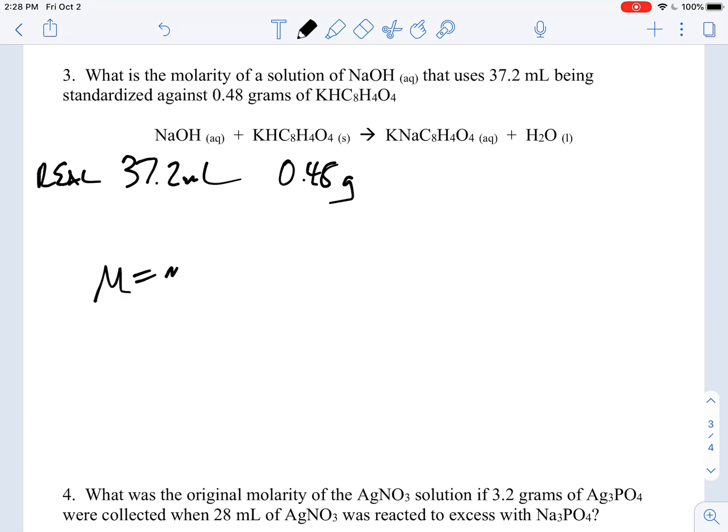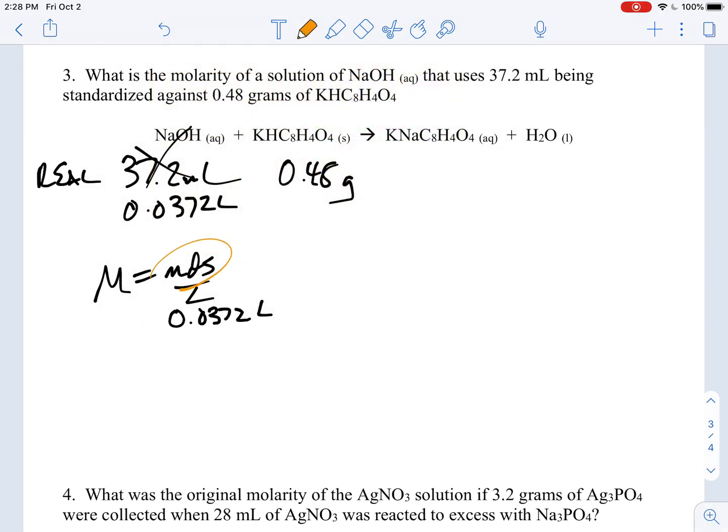Well, remember that the molarity is equal to the moles per the liter. Well, I have one of those things right now. I have the liters because I have the milliliters. So I'm going to cross this off and I'm going to replace it with 0.0372 liters because you got to divide by 1,000. So right off the bat, I'm halfway there and I haven't even really done anything. So that's going to be 0.0372 liters,